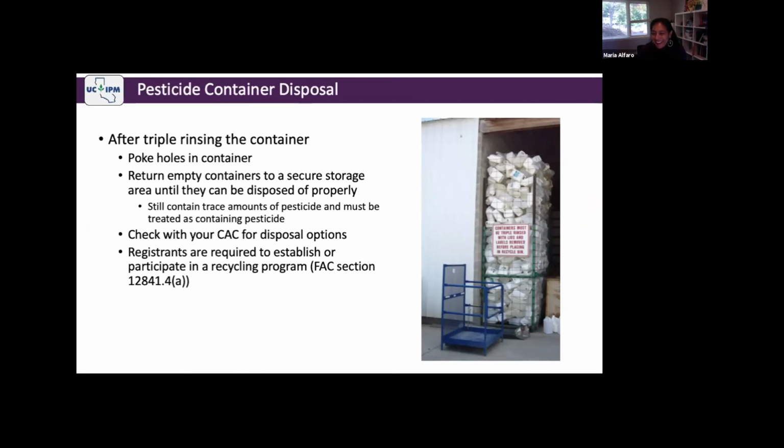Henry says the ag commissioner told us we must perforate. Yeah, that's typically the best practice. I don't believe that's in the regulation, but actually I'll look. I'm going to go follow that link and I'll let you know in the chat if perforation is required by